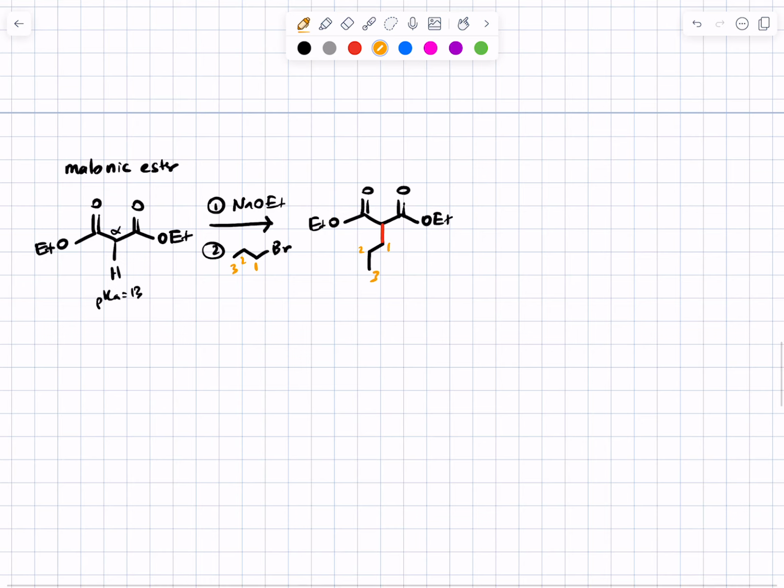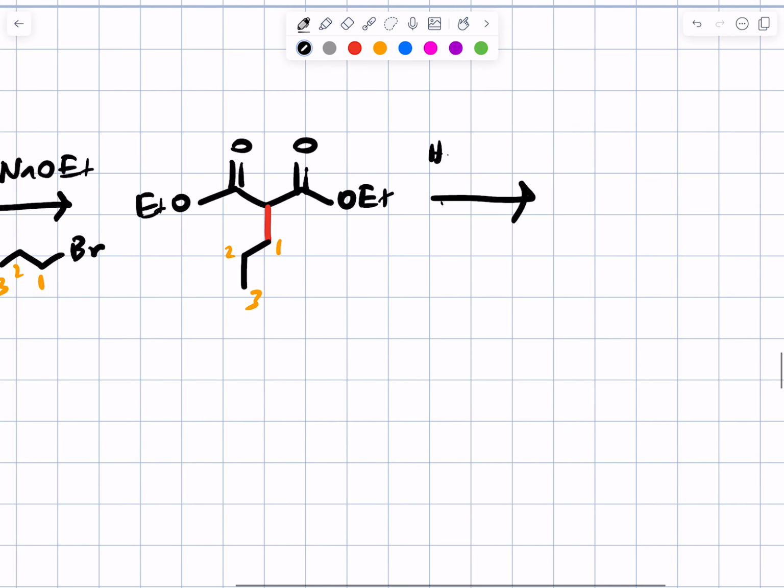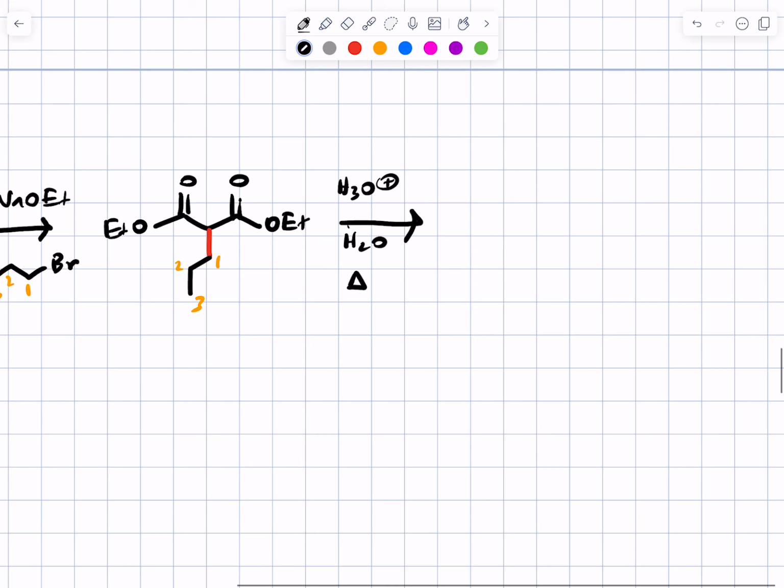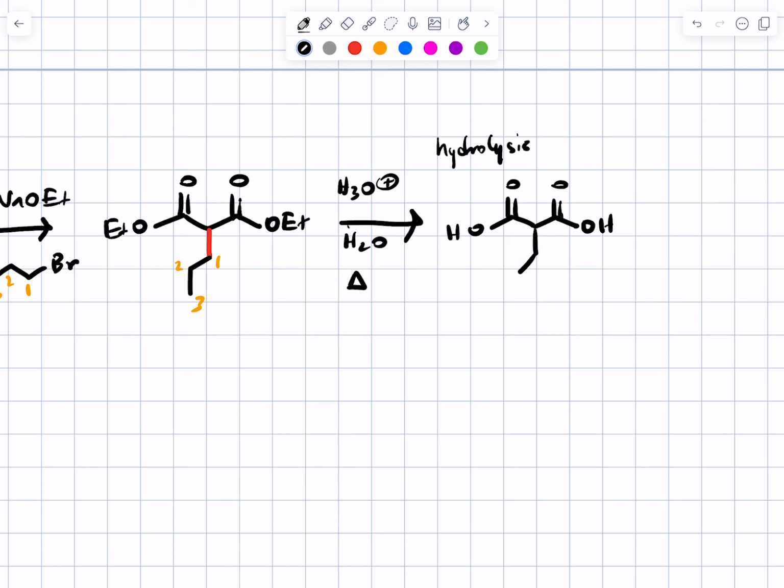Okay. I'll walk you through, we won't draw the mechanism, but I'll walk you through the ester hydrolysis stage. We have 2 esters. Acid catalyzed conditions are going to hydrolyze both of them. So now you're going to end up with this beta diacid